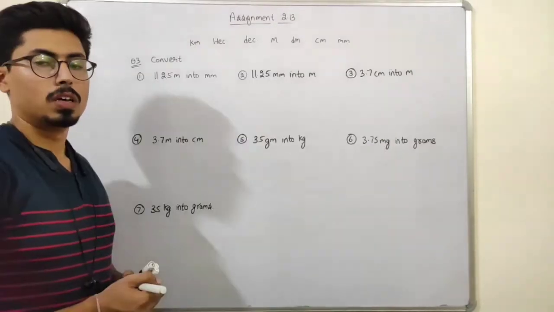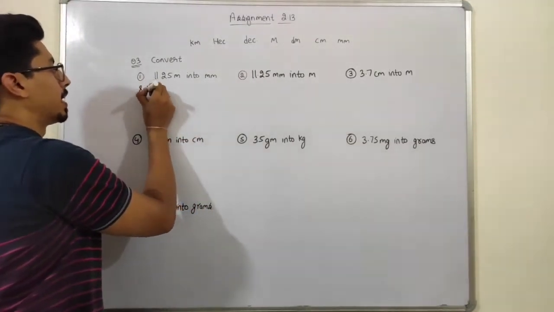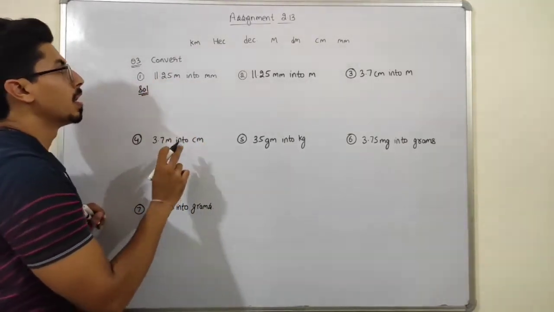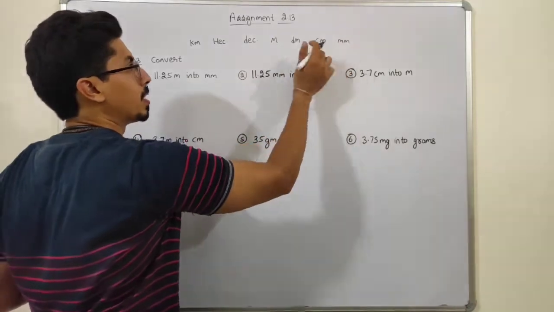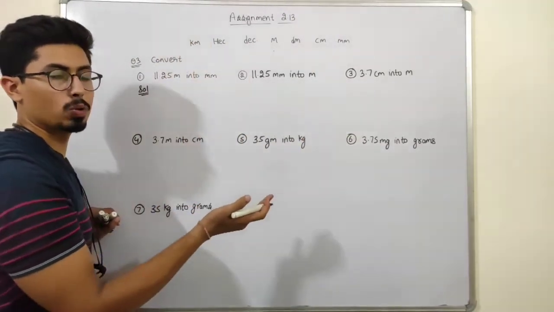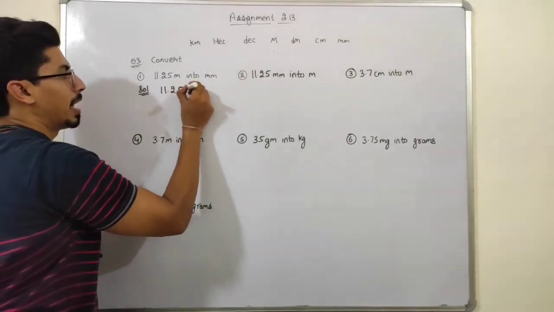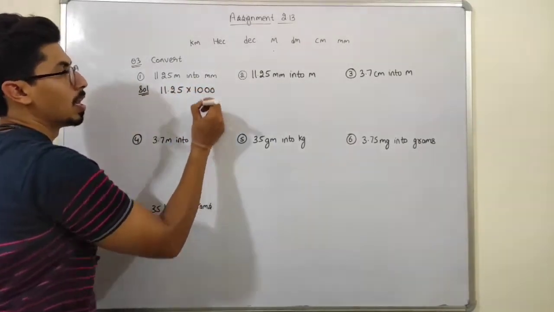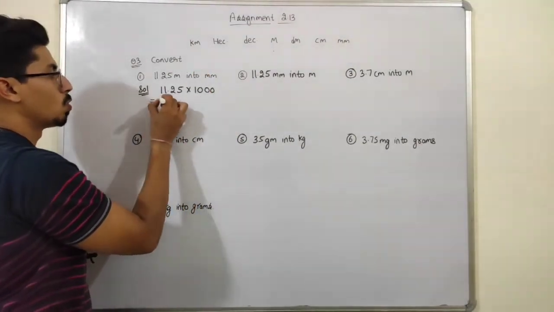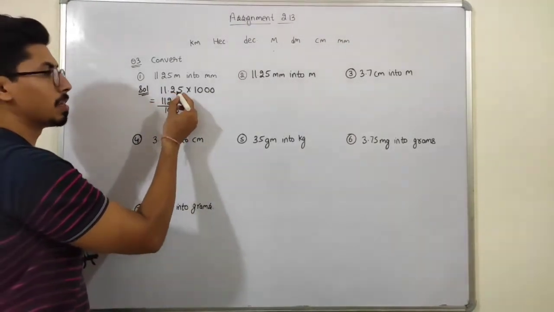Okay, students. Now moving forward to our question number 3. See, in this part we have to convert 11.25 meter into millimeter. From meter, we have to go to millimeter. So from this point, I have to go 1, 2, and third position to the right hand side. So just take this number and multiply it by 1 and 3 zeros, because I have to go to the right hand side to the third place. So 1125 as it is upon 100, because after decimal there are two digits.